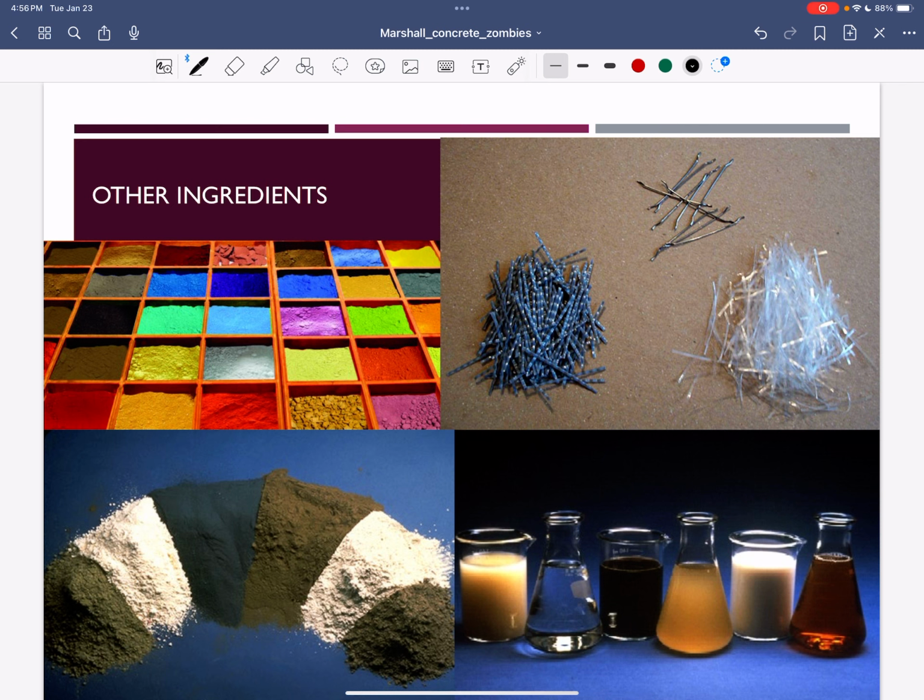Now there's other ingredients that we use in concrete. I use reinforcing bars, which I'll show you on another slide here. But we also can use things like fibers, which is what's in this piece here. These are different types of powders that have some of the cement properties. For instance, volcanic ash has some, and that's what the Romans used.